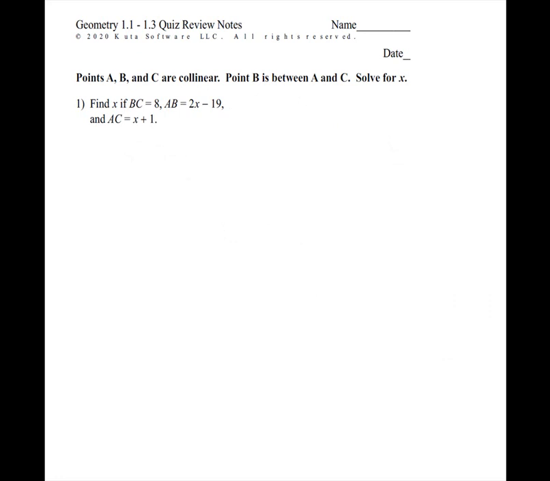So in geometry, whenever they don't give you a picture, I think it really helps if we draw a picture to make sense of the information. You can just make a simple sketch. We know that there's 3 points, and that B is in between A and C, so you can just put it anywhere. So B we know is in between A and C,